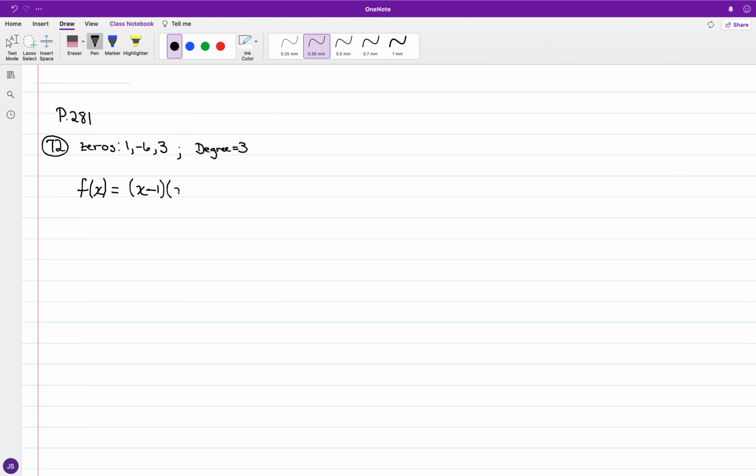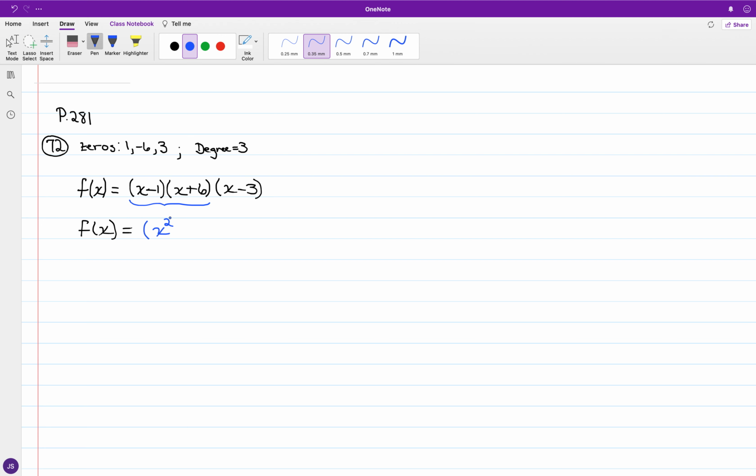For negative 6, we can say that this will stem from x plus 6. And in the case of 3, we can say that this will originate from the binomial x minus 3. So this is a factored form. And as we look at establishing an expanded form, where the leading term is going to be third order in x, we can continue. If I multiply the first two binomials, the quantity of x minus 1 times that of x plus 6, we're going to have x squared,